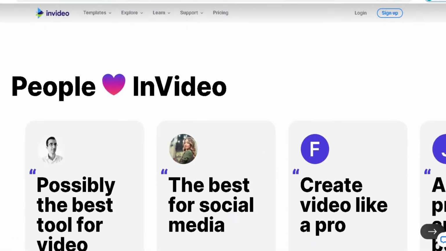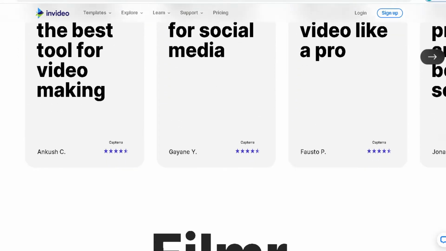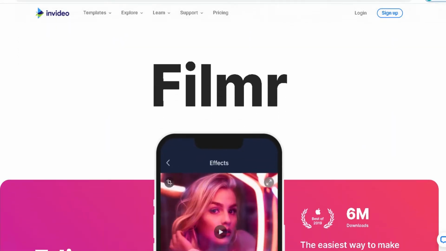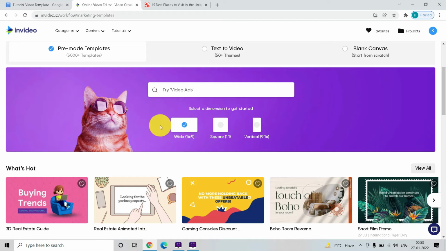So let me jump into the homepage of Invideo and show you what they have to offer. So this is the homepage of Invideo, and here as you can see, there are three options: pre-made templates, text to video, and blank canvas. So as of now we are going to select this text to video,